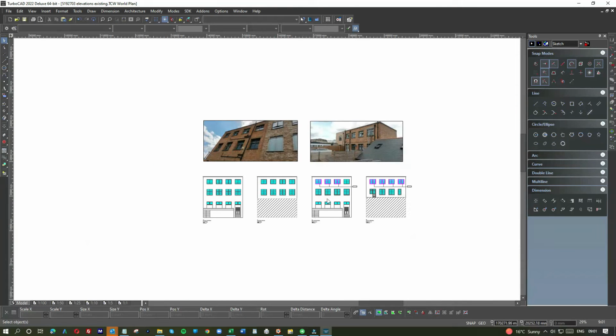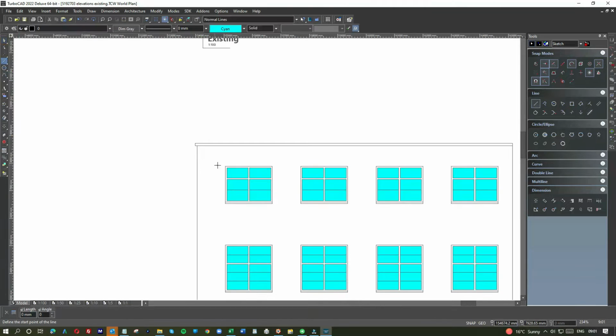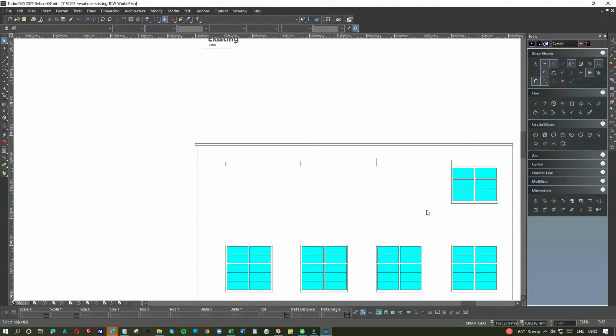And the other thing I wanted to show you on this was, for example, let's just take that and pull it down. When we go to do elevations, effectively what we do is we get the positioning of the windows, like so. I'm just going to do this in a very simple way. And then what we do after that is, in fact I can remove the windows. And once we can see it's 4 windows and we have the positioning,